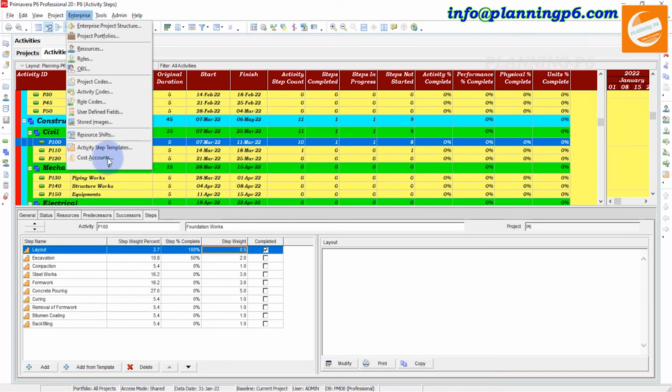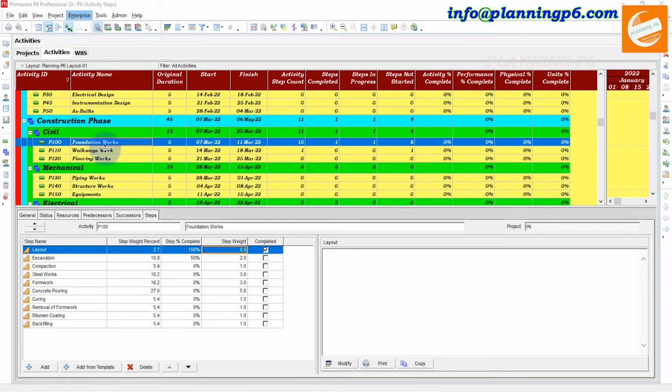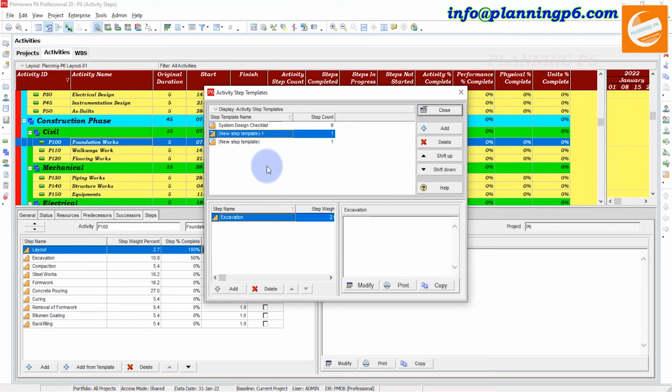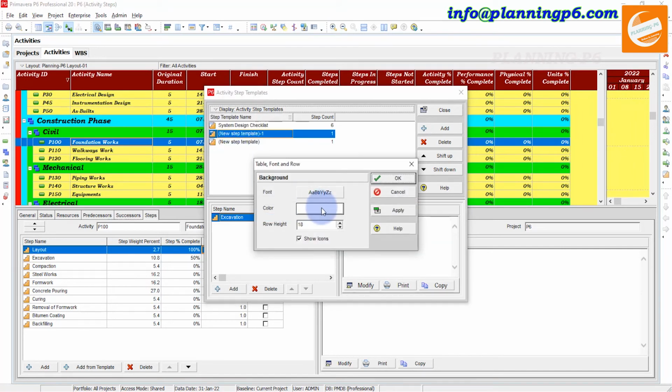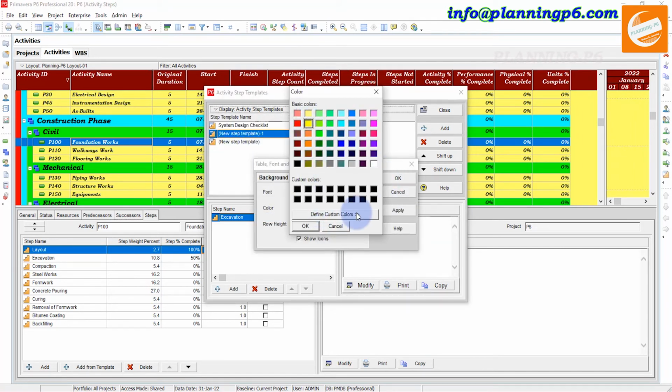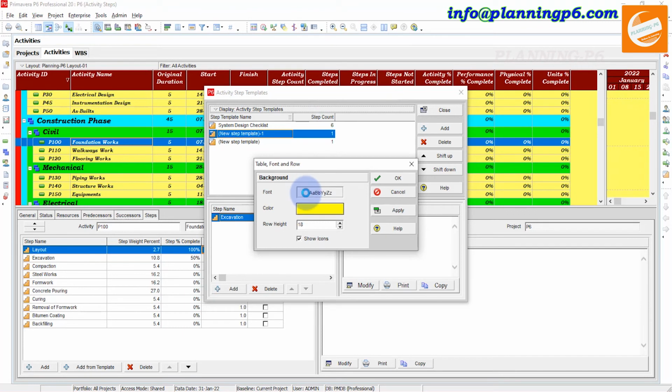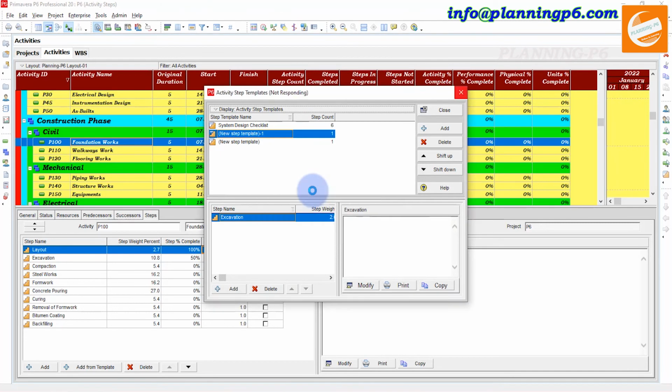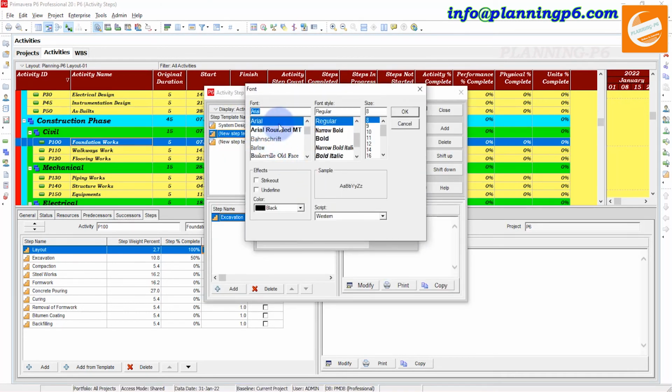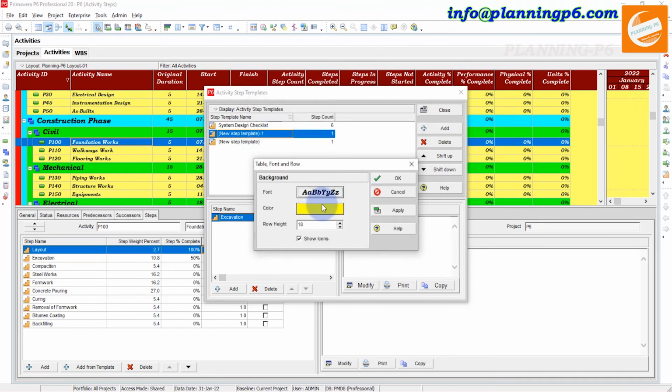And also, if we go to the activity steps, you can print that whole window as well. Shift down, shift up, and here you can see print preview, table font and row. If you want to change the look of the activity steps, you can change it from here as well. Suppose I want to add Bookman Old Style, bold italic and 12, okay.